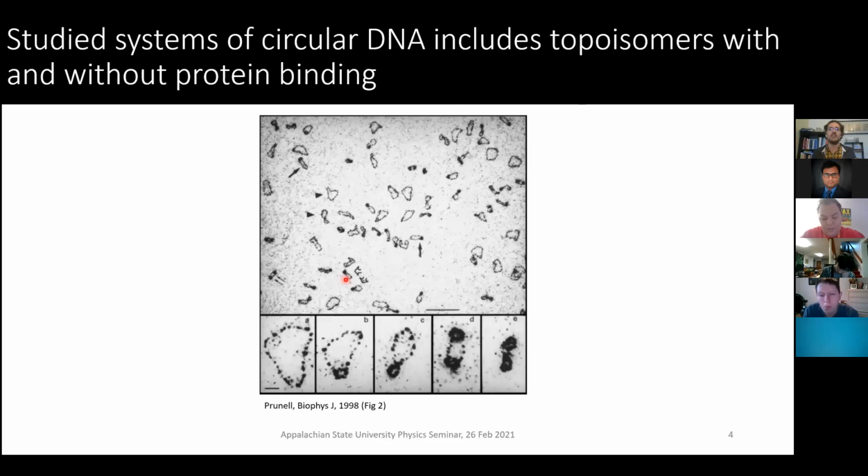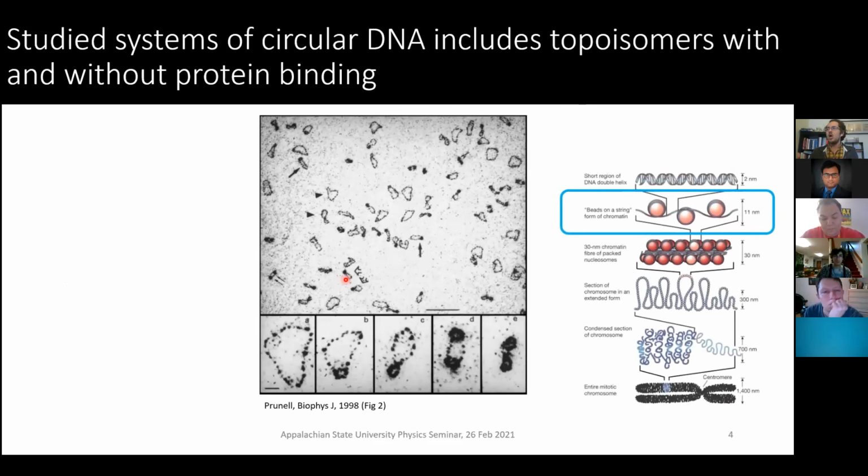However, one thing that I'm really fascinated by is the circular forms of DNA that can occur because of protein binding. In particular, the kind of protein that I'm interested in goes back to the level of DNA organization that I had mentioned. Those beads on a string are histone core proteins that can coil the DNA in about 1.5 to 2 turns of DNA that wraps around it, and it's non-sequence specific.